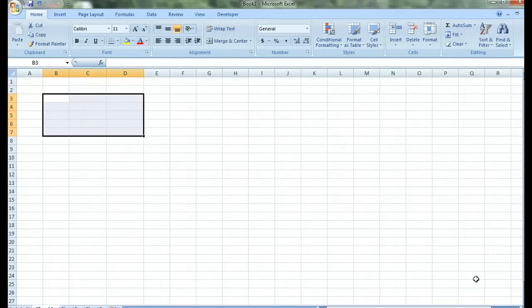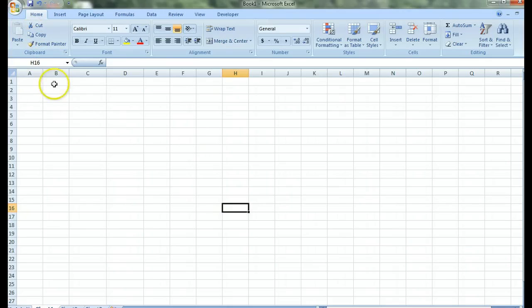So welcome to today's lesson on creating graphs using Microsoft Excel. So what I've done is I've gone ahead and opened up our spreadsheet, and you can see there are a variety of cells listed here. And the first thing I'm going to need to do is type the data that I've collected from my experiment